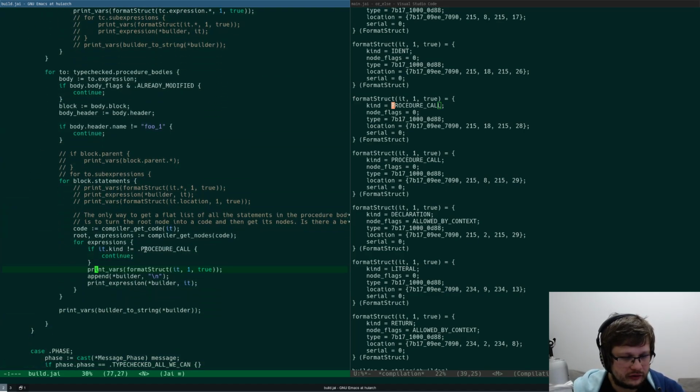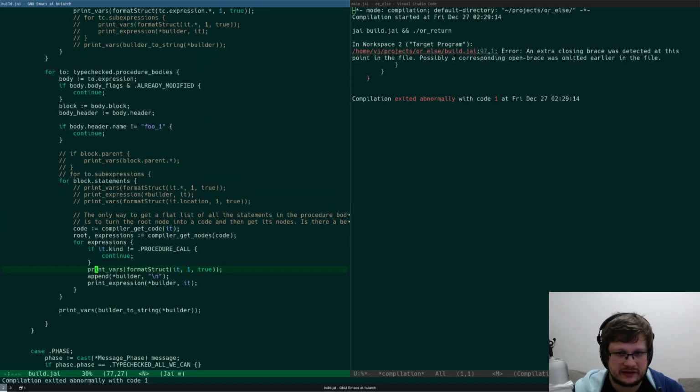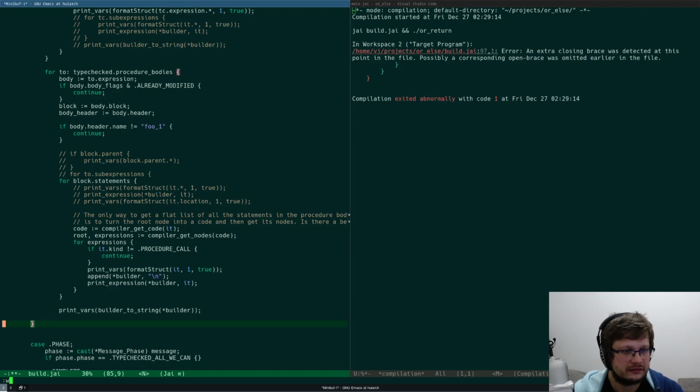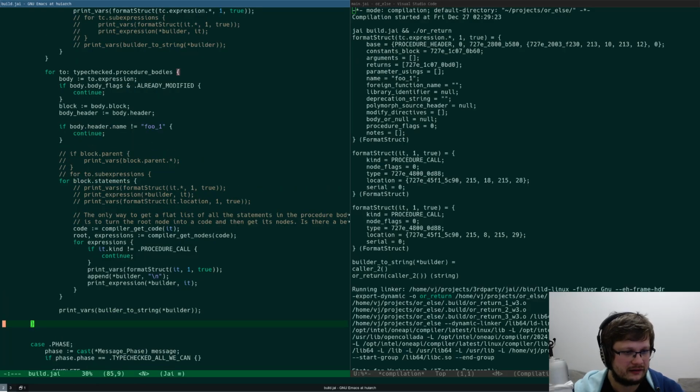If it's not procedure call, continue. Otherwise, let's like, oh shit. Oh, I don't need it. I was an idiot this whole time. All right. Yeah, recompile, two procedure calls, right?